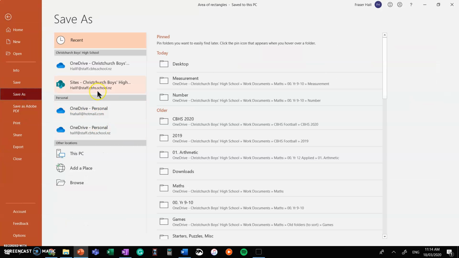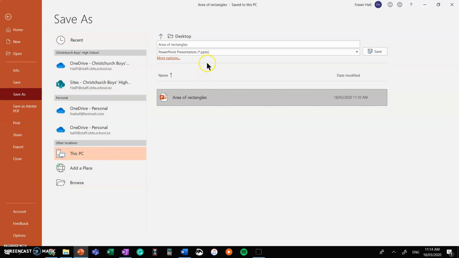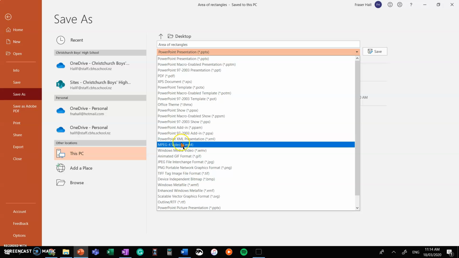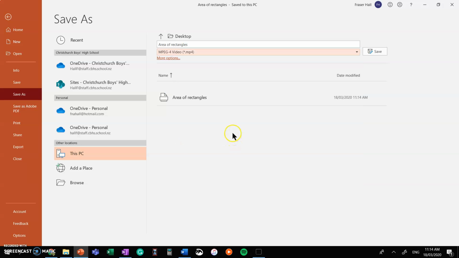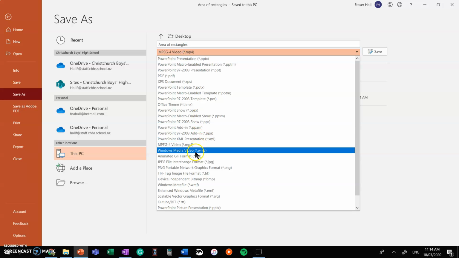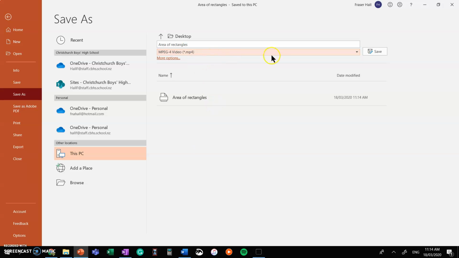Okay, so saving a copy, if we go to decide where you want to put it, I'm going to put it on desktop. Key thing is to make sure you change it to a video file like MP4, or the one that's after that is Windows Media. Go to MP4, it should work on most devices. So then if we go save,